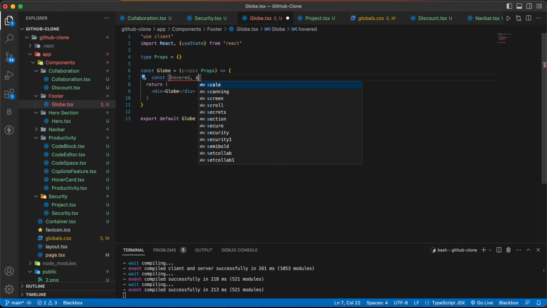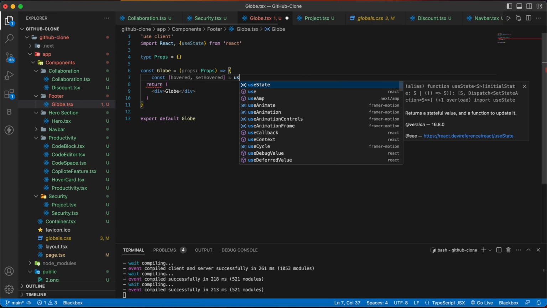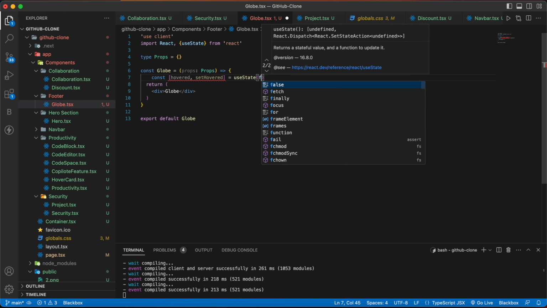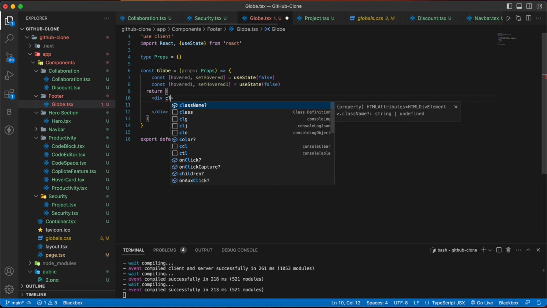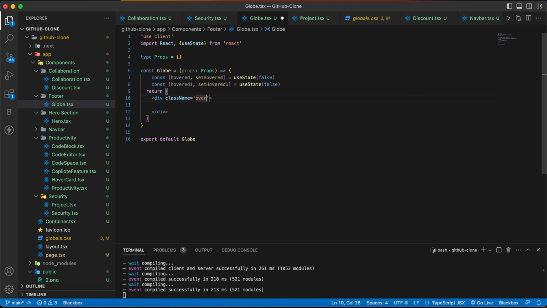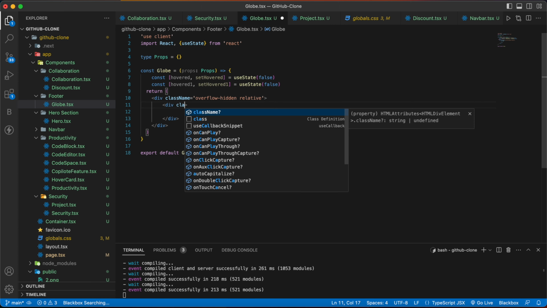forward, setForward, useState. Initial value will be false. Then we are going to duplicate it and add one at the last. Now remove this, and we will have a class name here with overflow hidden, and relative. And inside this, we will have one more div with a class name of